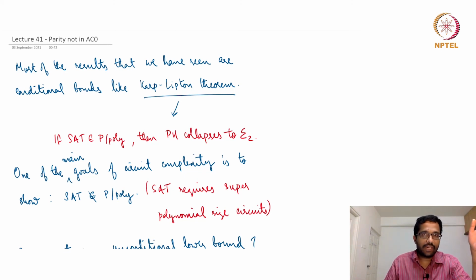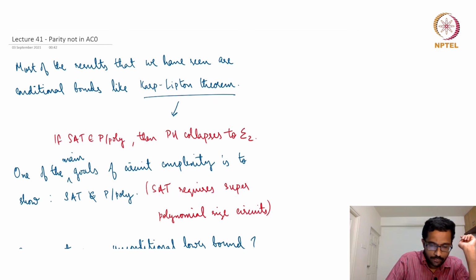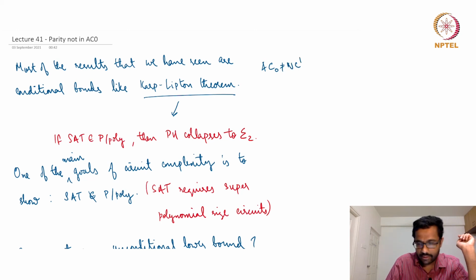So we saw some languages that were contained in AC and NC, and then we also saw that parity, for instance, was in NC1, but then I mentioned that parity is not in AC0. And today we will see the proof that parity is not in AC0. So therefore, proving that actually AC0 is not equal to NC1. Right? So this is one of the